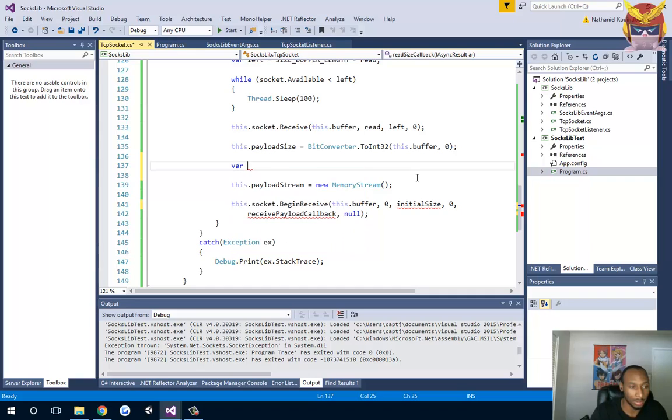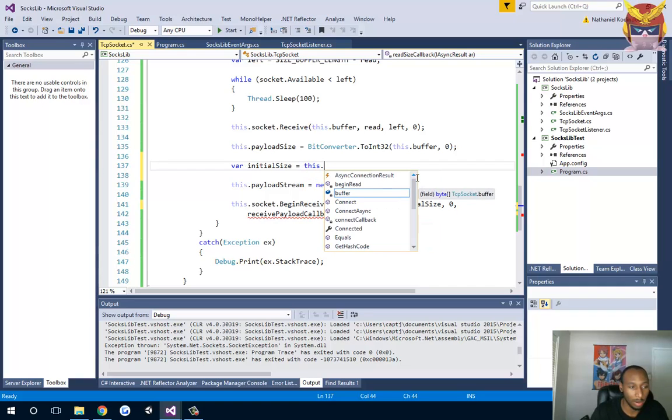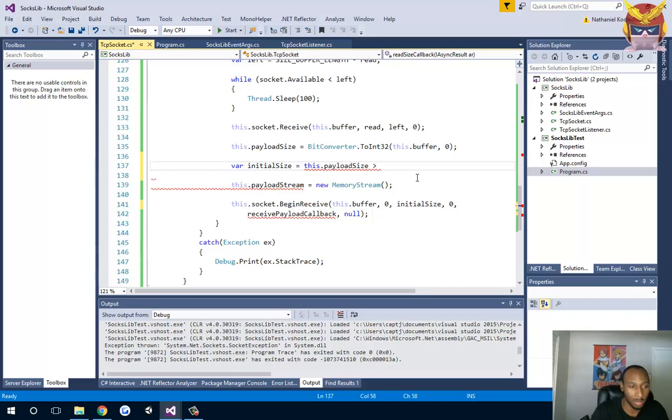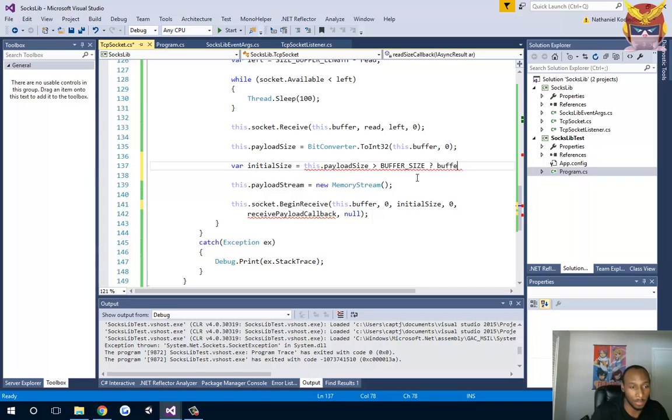I'm going to use bar just because. Initial size equals... this payload size is greater than the buffer size. If it's greater than the buffer size, then we can go ahead and use the buffer size to receive, since nothing is going to hurt it. If not,